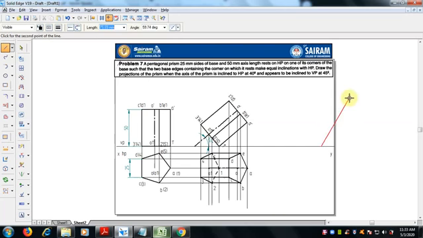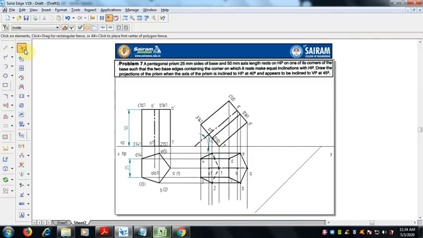So if you give 45 degree, it will go here. For convenience, we will do like this. So that is below the XY reference line, we have to make it like this only. So either you can draw 45 degree in this direction or this direction, no matter, nothing to worry.